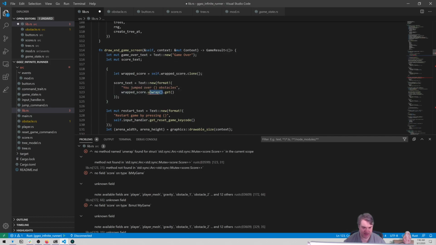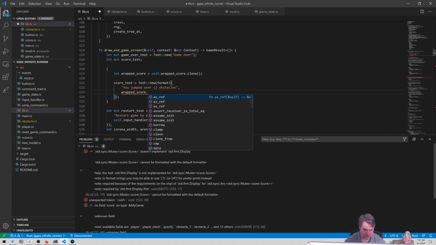Oh, it's like get. There's a method for getting, so let's see, as_ref. There's borrow. I know there's a way to get it not mutable. Can I just get a